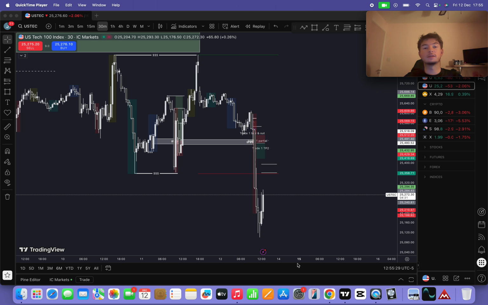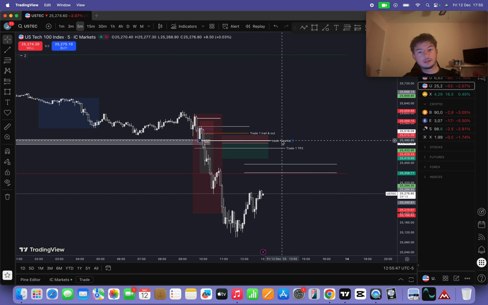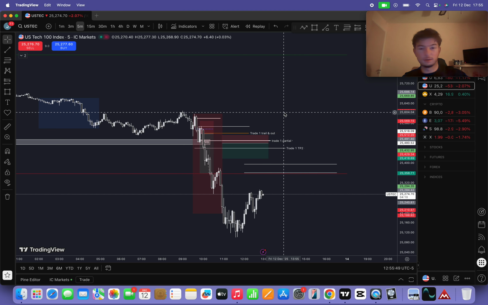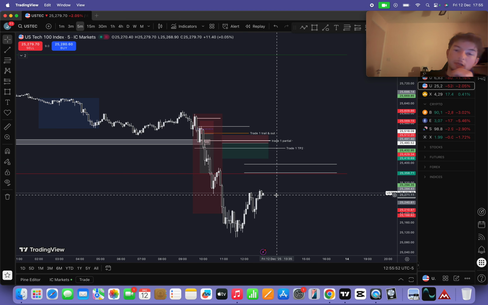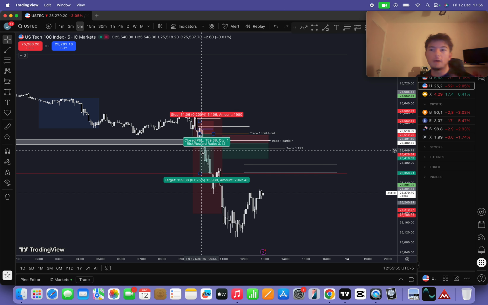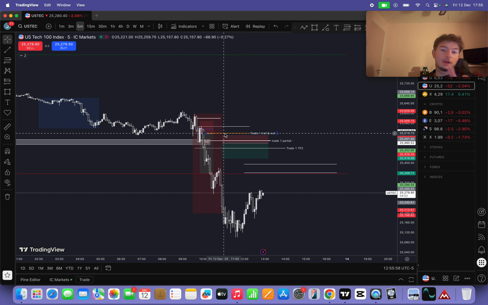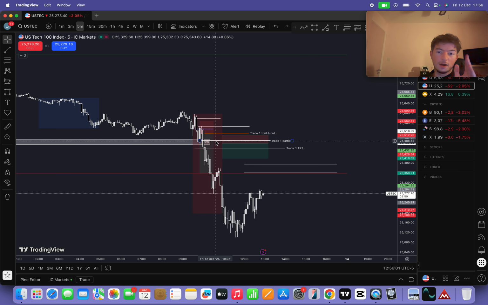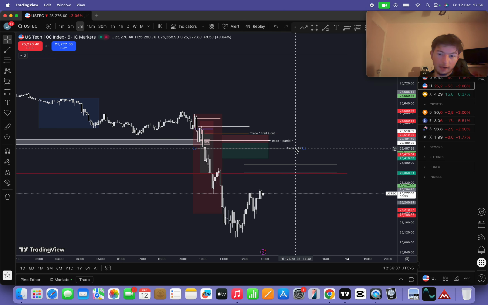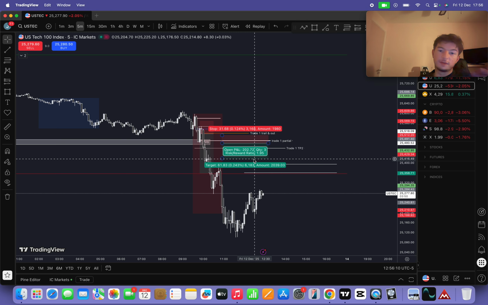And yeah, so I'm going to go over today's trade, and this one got stopped early. Again, it was stopped on a trail, but the first take profit was this line. So I'm just going to quickly map out the different lines that I've drawn here. Basically, this orange line is where I trailed the stop. This line here is my trade one partial and my initial target, take profit two, with the final move